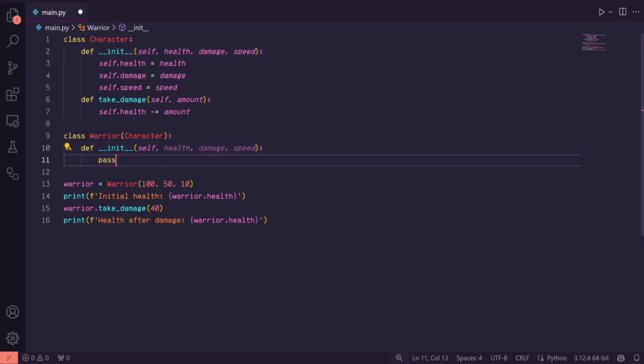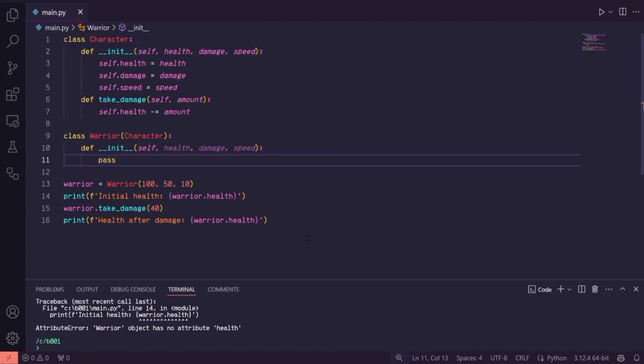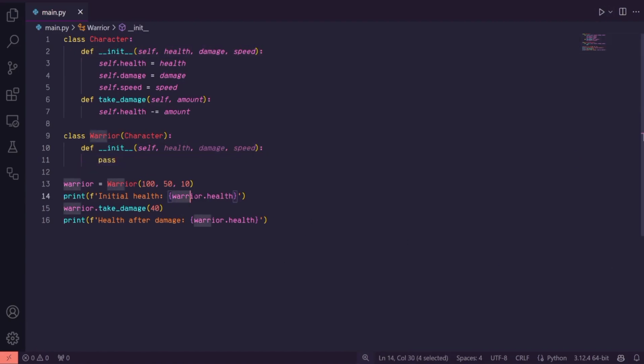So if we just put a pass here and don't do anything, we now actually get an error. That's because when we try to print warrior.health, it wasn't able to find a health attribute because in this init method, we didn't do anything with these variables that got passed into it. So we still want all that basic character setup from our parent character class. To do that, in here, we could say